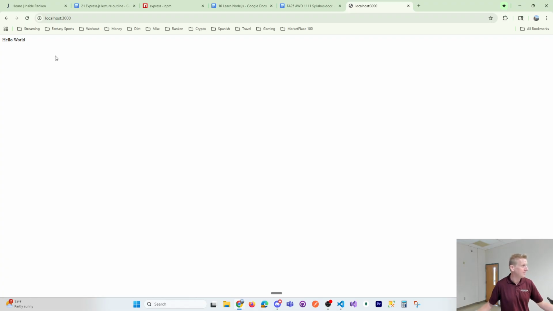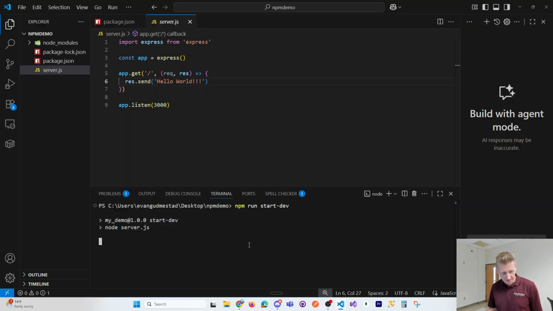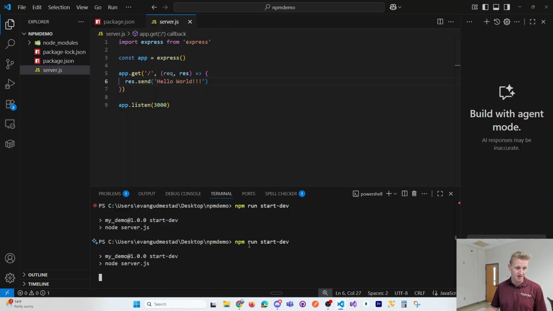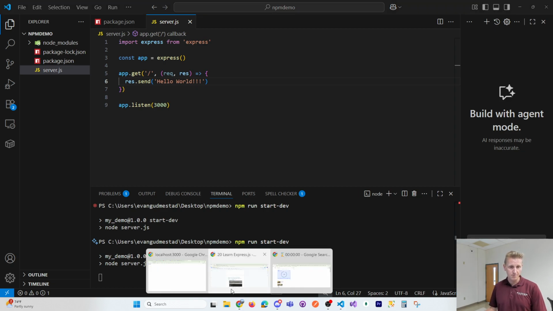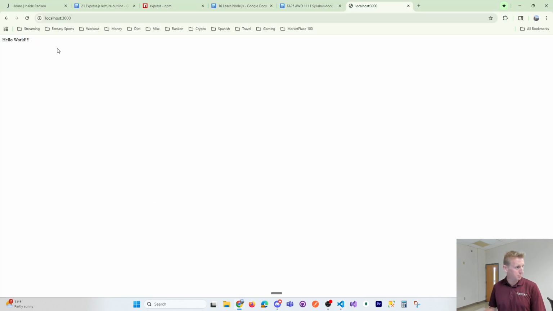That's not fun. That's where nodemon comes in. You change your source code, it reboots the server. So in order to fix this, we'd have to manually Control-C this and then run our script again. Now if I refresh, I get my exclamation points. Okay, but that's a bunch of keystrokes I don't want to have to do, right? Introduce the benefit of nodemon instead